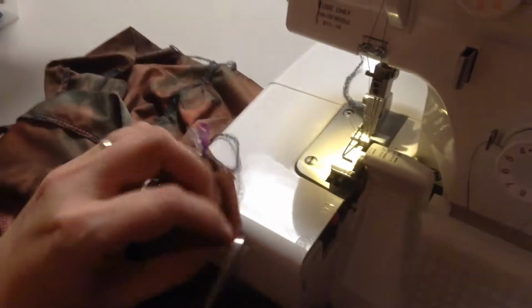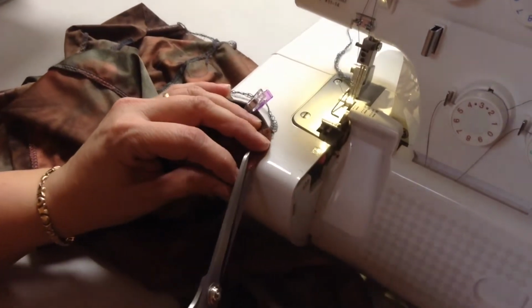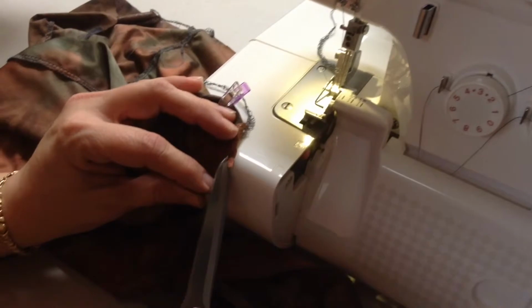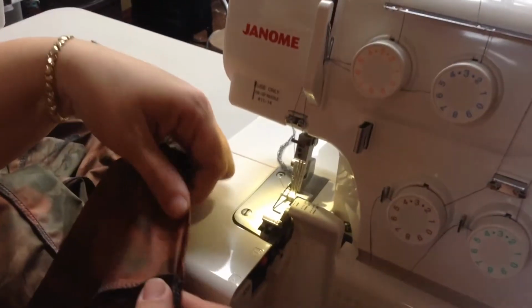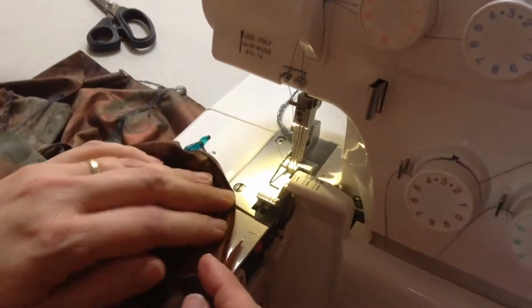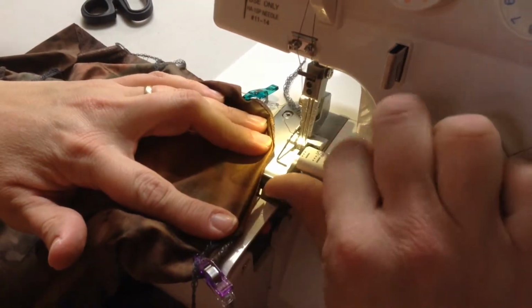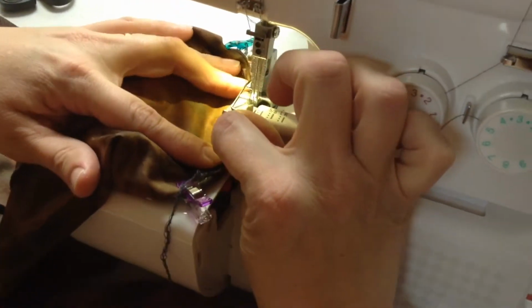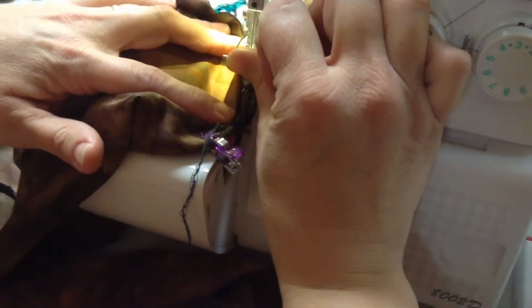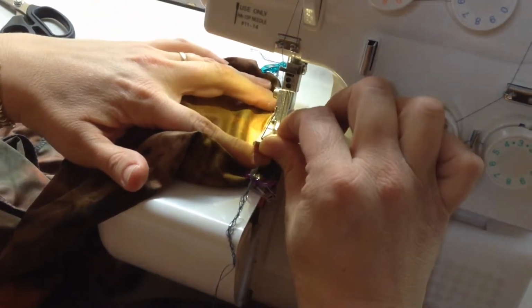Apparently, these are dull. So what I'm doing is, you know how we've got that cutting blade that's always running, and this puts it right where it needs to be. So when we come all the way around, when we come all the way back to the end, we know where we started from. So what I'm going to do is I'm going to push up here, and we're going to slide it right underneath. So this little flap should be here in front of the knife. And so I'm going to slide the other part back to where...